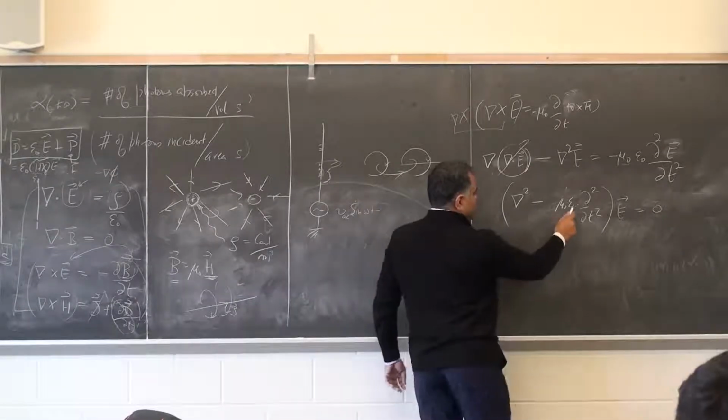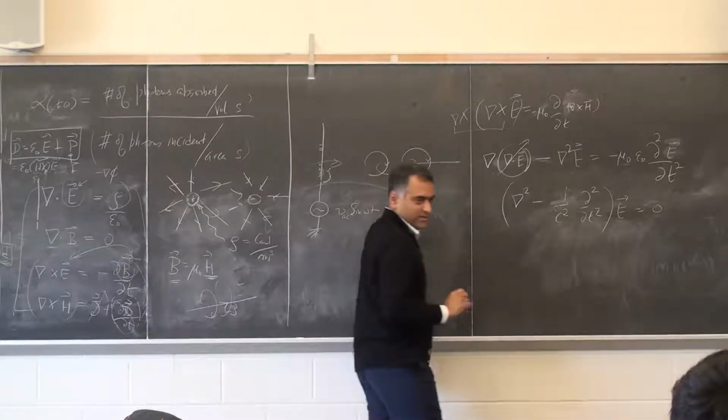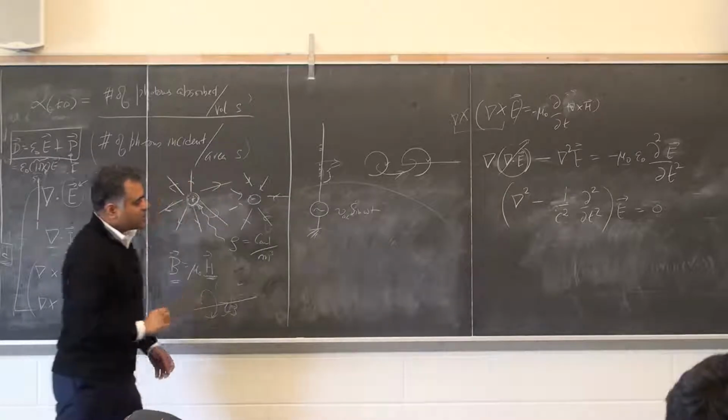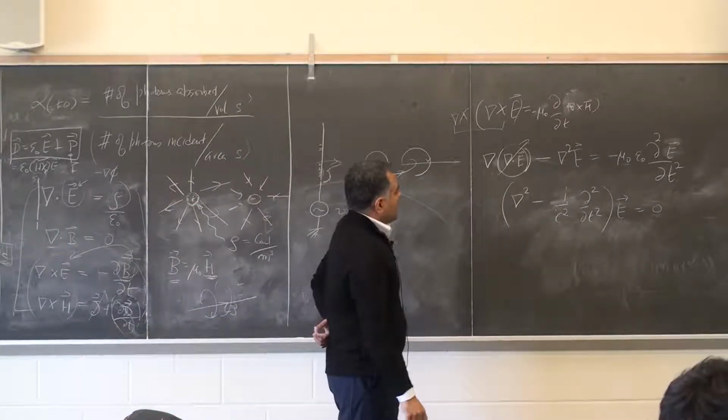So mu naught times epsilon naught is exactly equal to 1 over speed of light whole square. Right? 1 over speed of light whole square, 3 times 10 to the power 8 meters per second. That's the speed of light. And so what it's saying is,